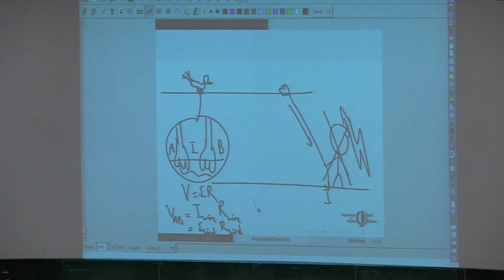So the current that runs through the bird will be equal to the current running through the wire times the resistance of the wire divided by the resistance of the bird. Now we will see that already the current running through the wire is not that huge. It is at a very high potential, but at a very small current. And the resistance of the wire compared to the resistance of the bird is negligible. So this ratio is much, much smaller than 1. So the current that runs through the bird will be negligible.